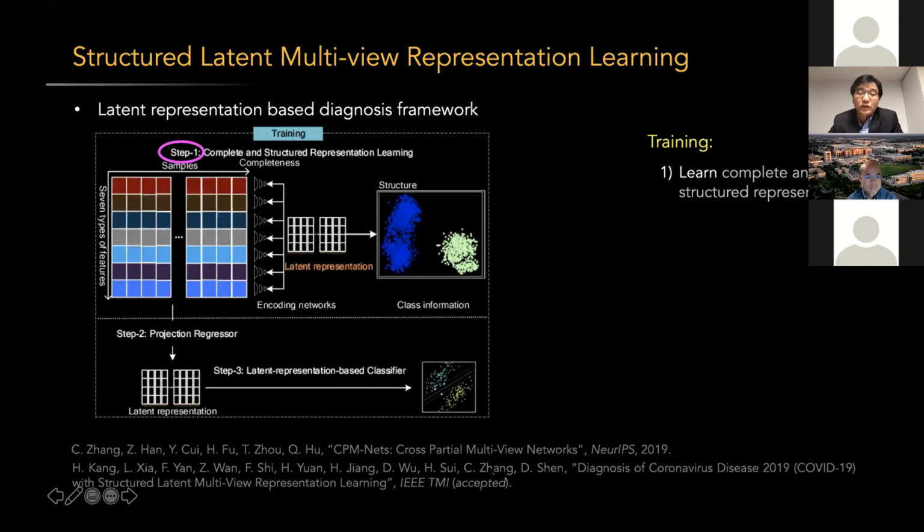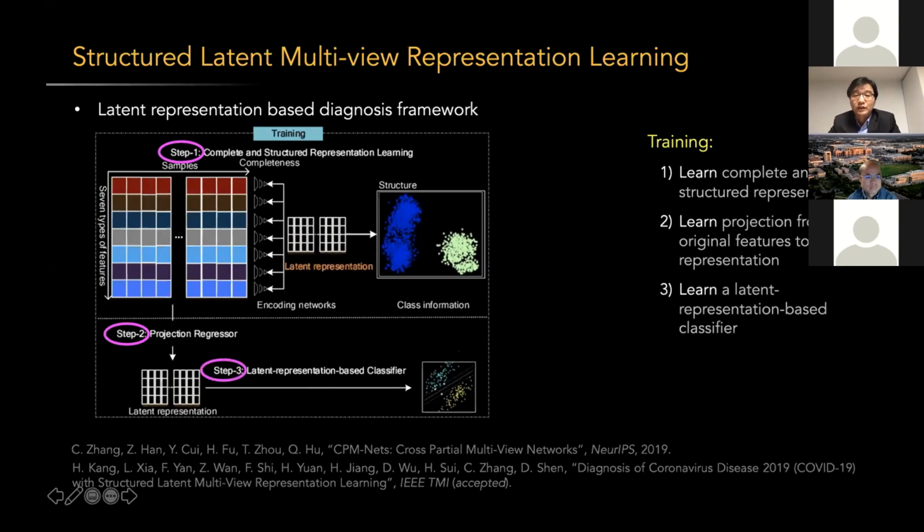When Changqing was a postdoc in my lab, we discussed and thought this kind of one-step mapping is not good enough. We have to do the mapping step by step, just like a deep learning network. So this is why we use an encoding network, eventually, to map the original features to the latent space. And then in the second step, with this kind of mapping, you can do the localization, then estimate them. Then in the third step, with all the features in the latent space, you can develop a classification algorithm to classify